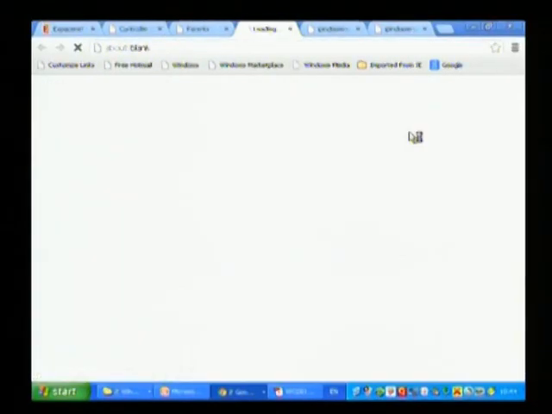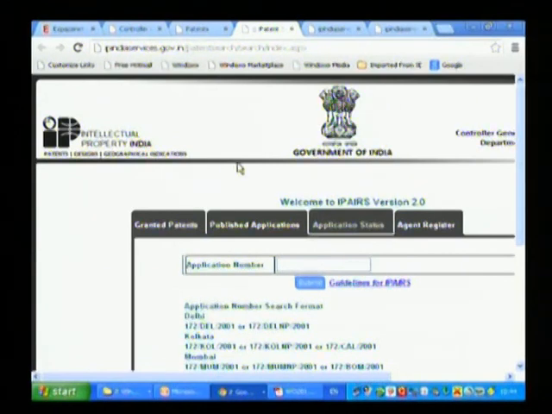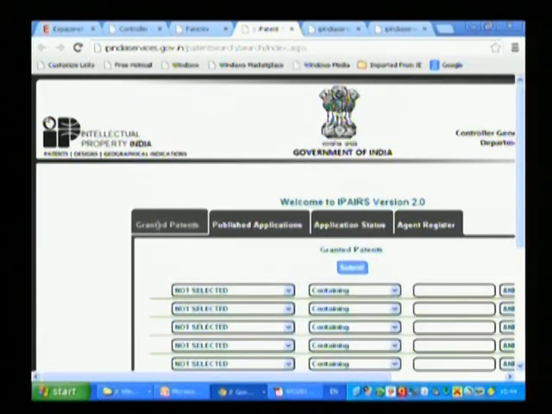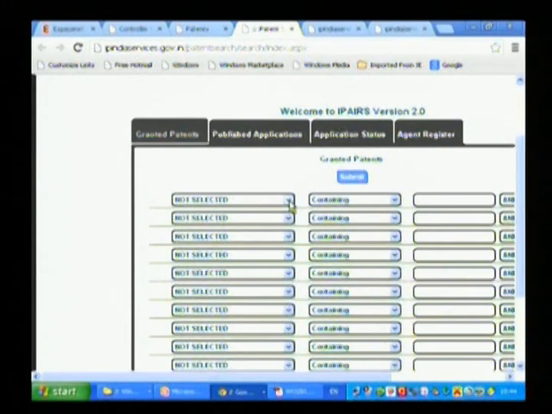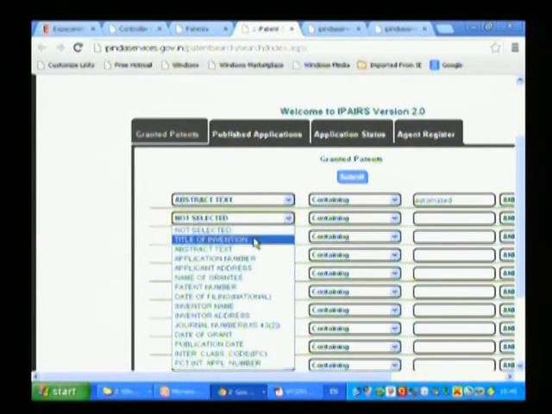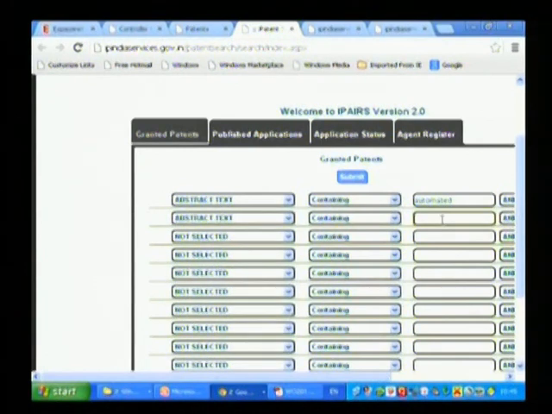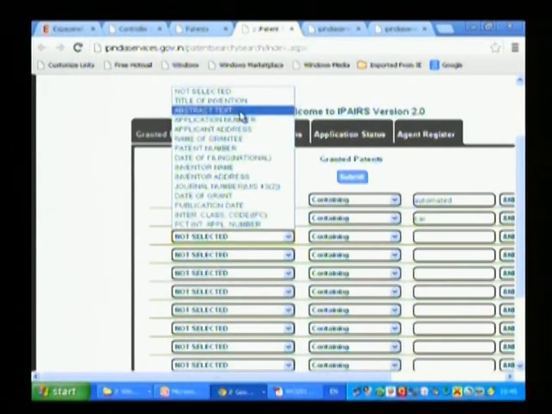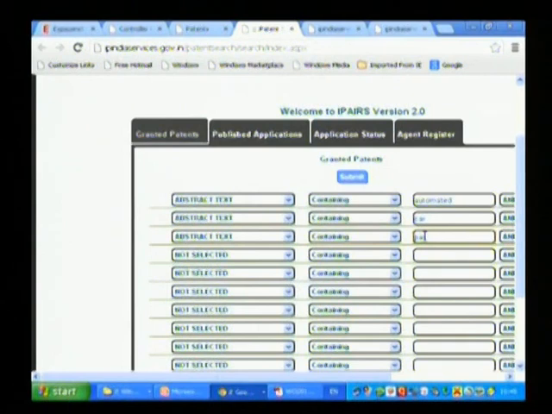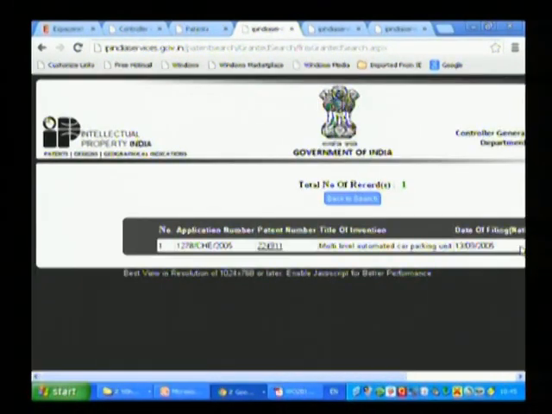Again, let's first try to find that document. How to find it? Again, I am going to the IPO website, then patents, then granted patents. I click on it, and then I select the abstract. I select the first word, automated, and for the second word I use car, and for the third word, again in abstract, park, that is for parking. So automated car park, or say parking. Let me submit. You can see only one application,